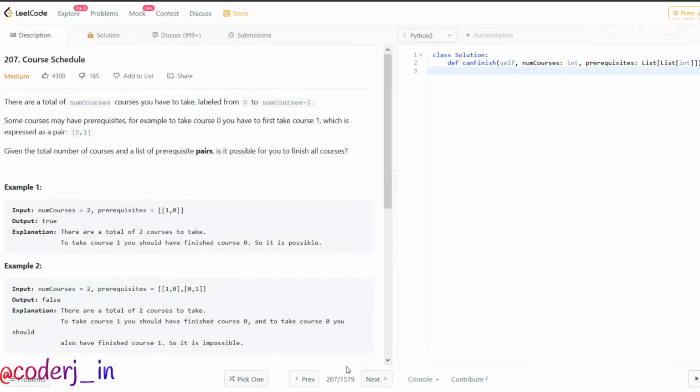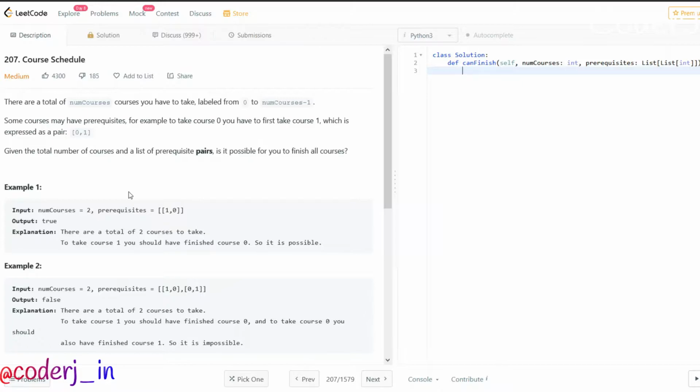Hi guys, today we're attempting a problem known as course schedule. This question is very frequently asked in most of the FAANG companies, and that is because of the concept that it utilizes. It contains an algo that is known as topological sorting, which comes in handy in not only this question but also in various other kinds of questions. We'll get into depth on that also in the later part of the video.